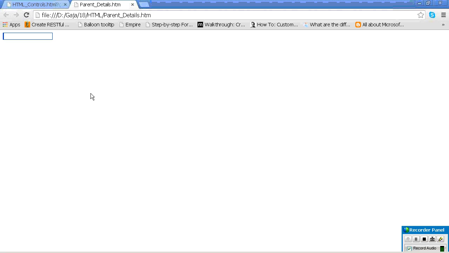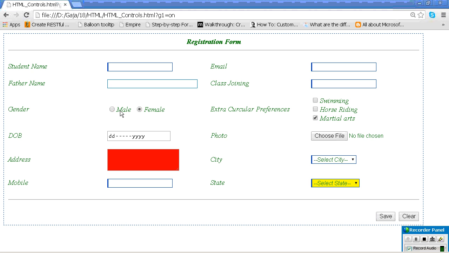So, among inline style, internal style and external style, which is more flexible? External style sheet. How do you link the external style sheet with your HTML page? Link href equal to the file location, dot slash file name dot css, rel equal to stylesheet. Are you understanding?